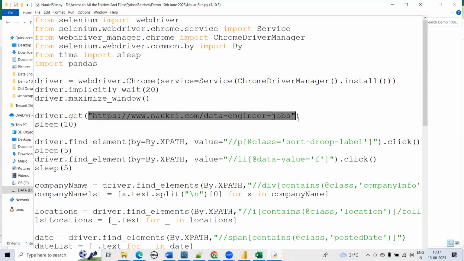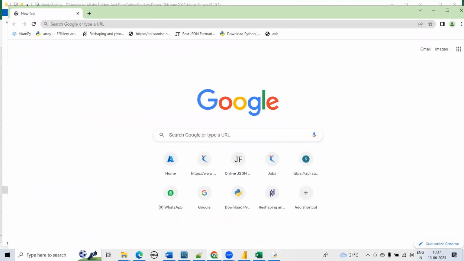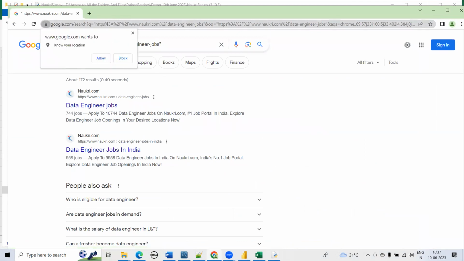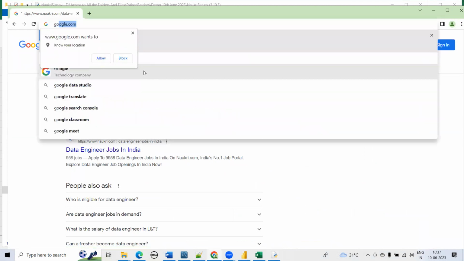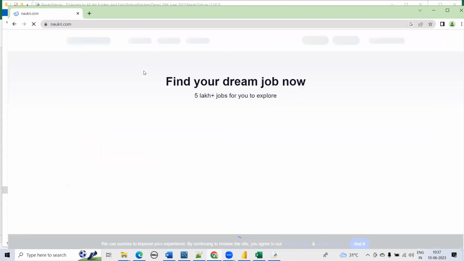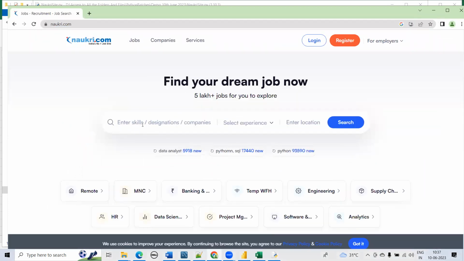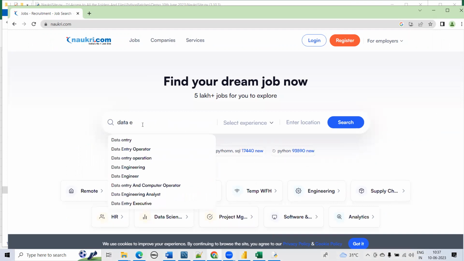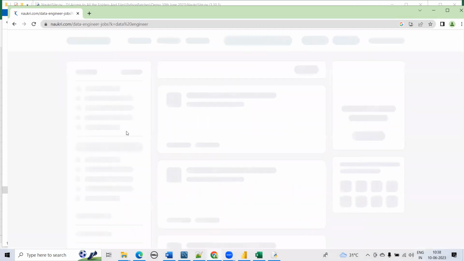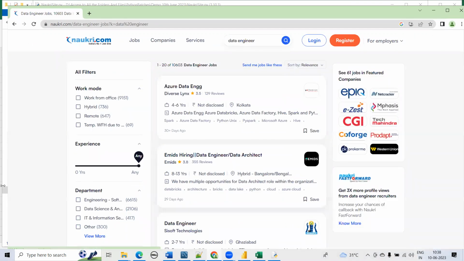I'm opening this URL. Let's say I'm opening Naukri.com, and here I am searching for data engineer jobs. Now what I want to achieve is through Python, and since this is a web application,